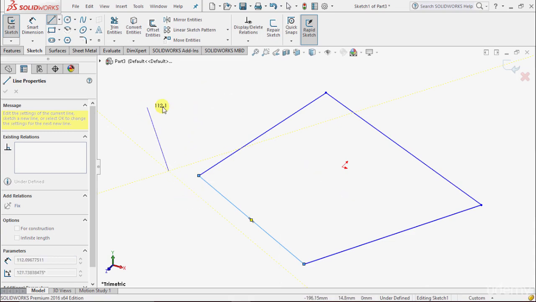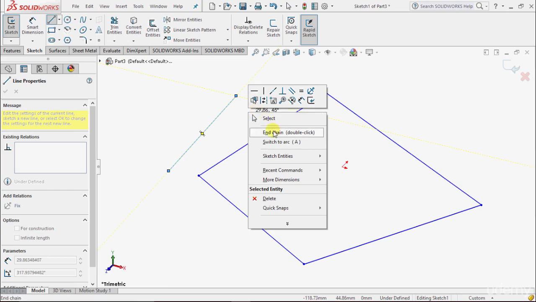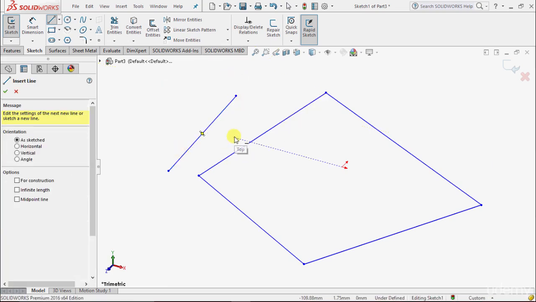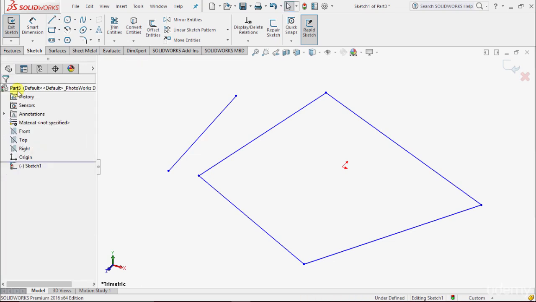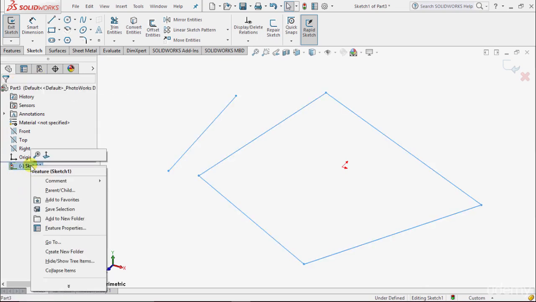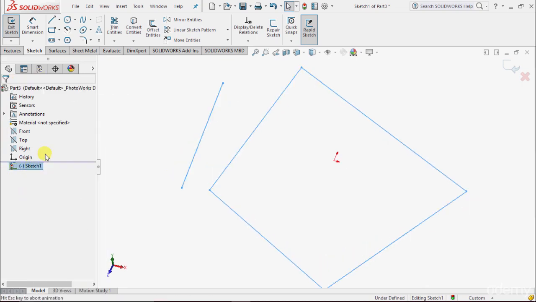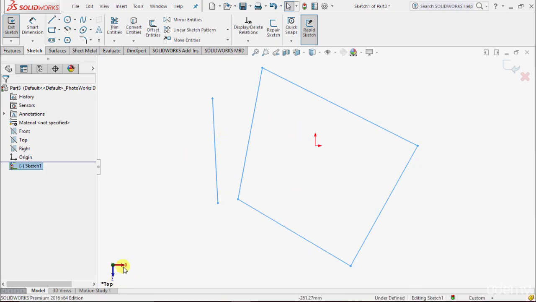Okay, we have to do it again. From here I select this line, then I right click and select end chain, or we can double click on this. These are some methods to exit from the line command. Now let me change our view from this 3D to 2D view. I will select cancel because I don't want this sketch right now, and go to this model, and in this sketch right click and we will find normal to, and now we are in 2D mode.